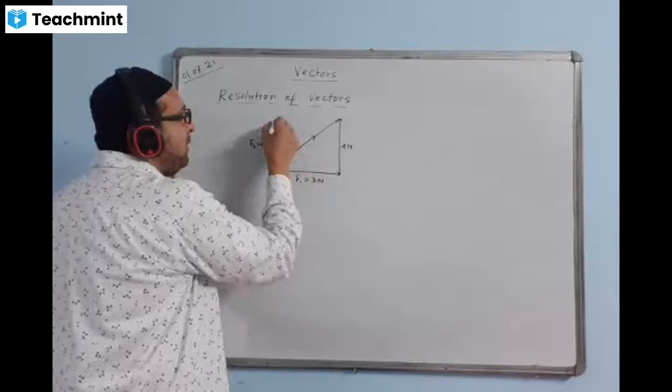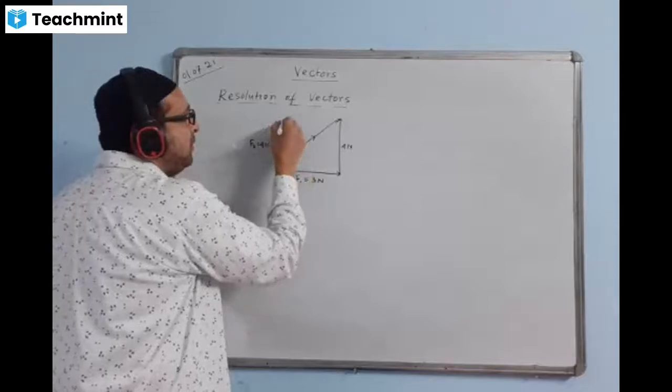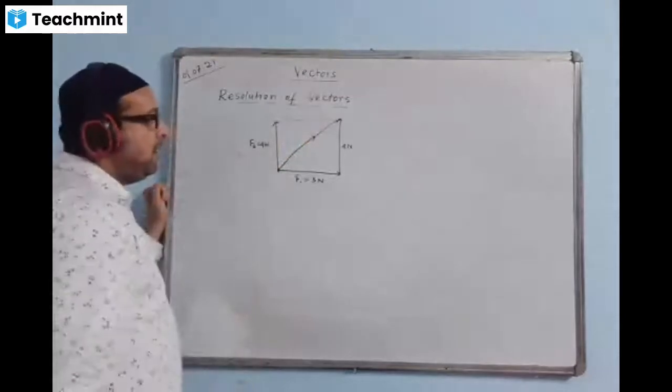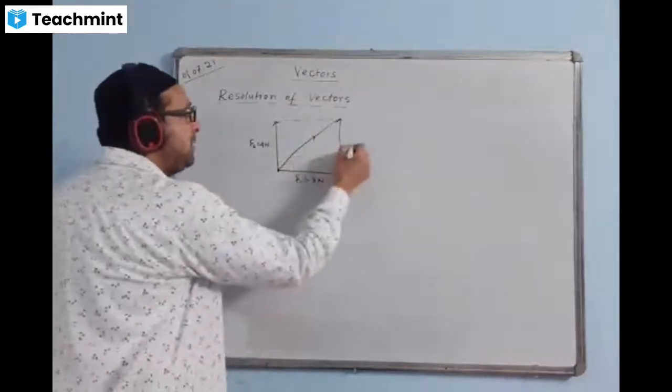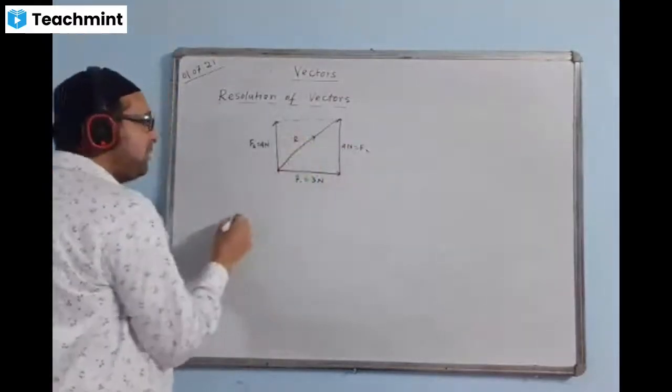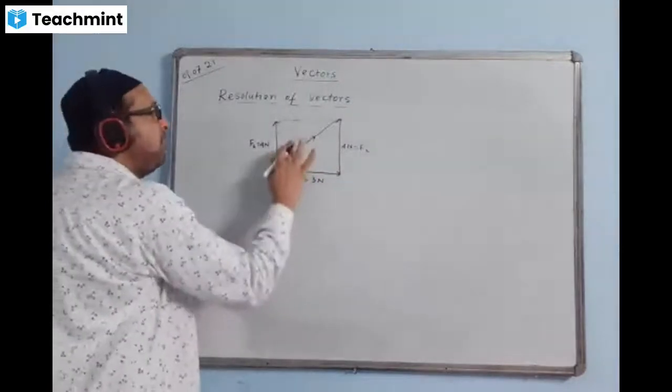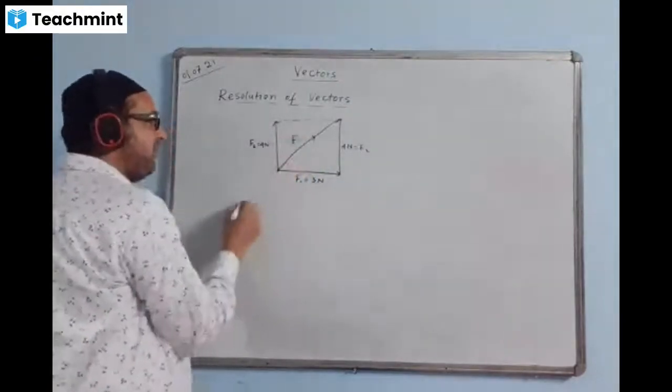Like this, join it like this. The part is a triangle. How to find the resultant of this? This is same as F2. This is same as F2. Resultant R, what is the value of R coming, or this total value of resultant force I'll take as F.